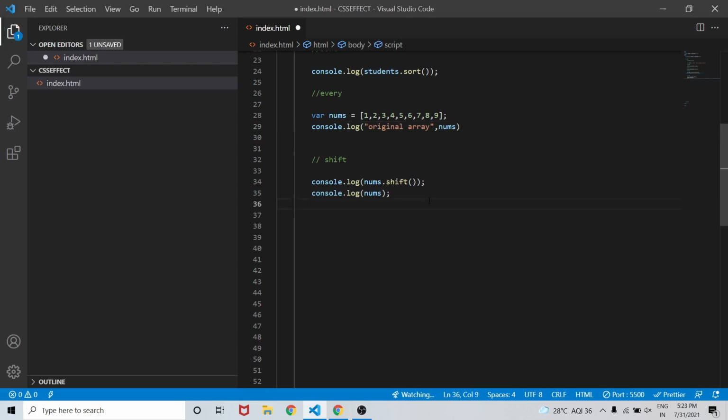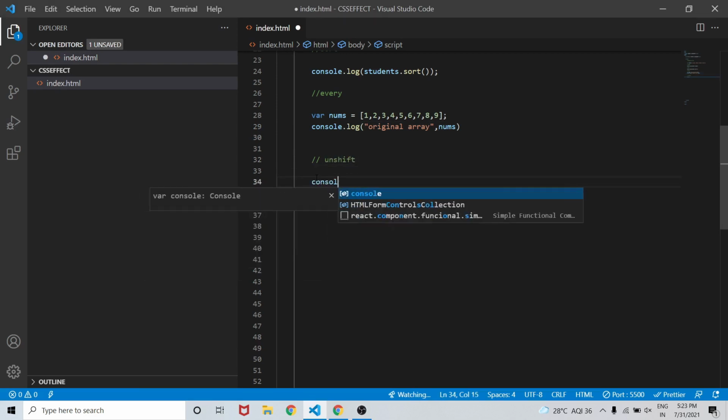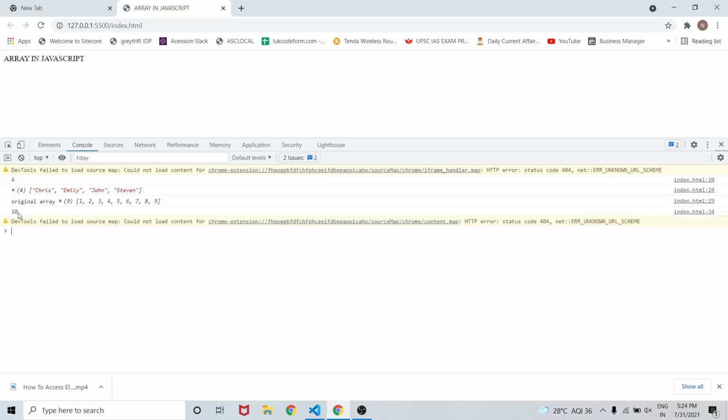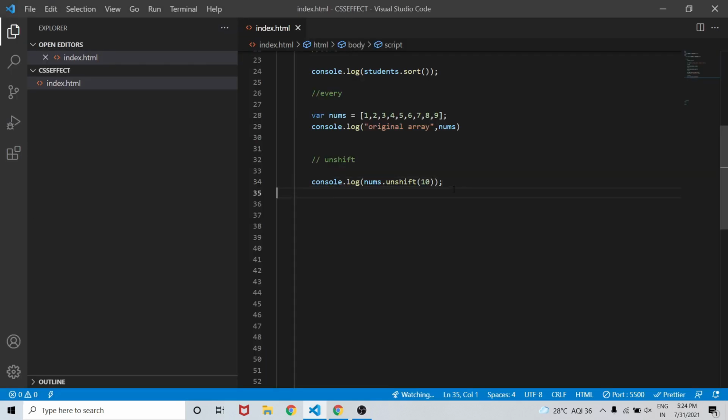Let's go and check one another method, that is unshift. So in unshift, what we will do, we will console.log nums.unshift and we will pass the value. So this unshift will add the value that we are passing to the first of our array. Now as you can see, original array is starting from 1, 2, 3, 4, 5 and so on.